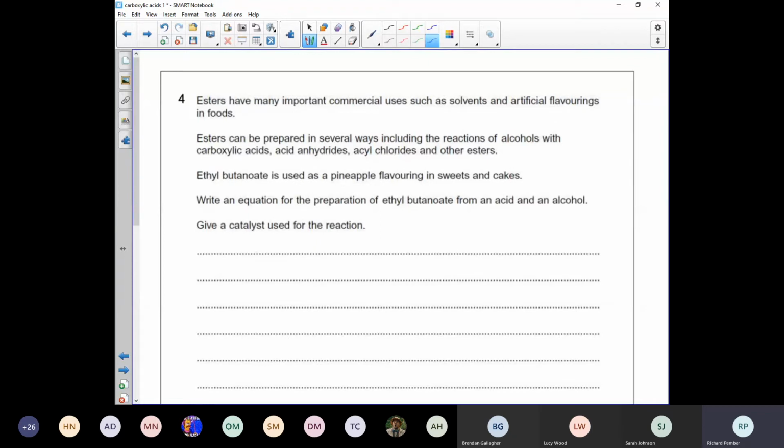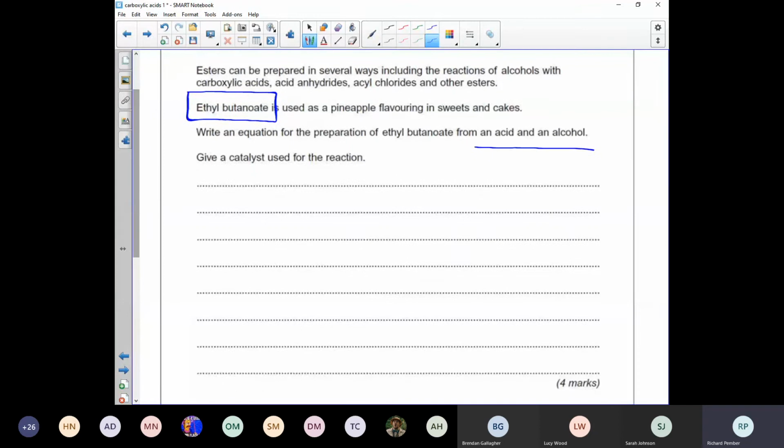So it's an esters question. It gives us some information, but we're probably looking at the fact that we've got ethyl butanoate. So this is the ester that we want to make, and we need to make it in the first instance from an acid and an alcohol. I think probably what I'd be doing here is just double checking that I drew ethyl butanoate and not butyl ethanoate. So I'm going to draw my